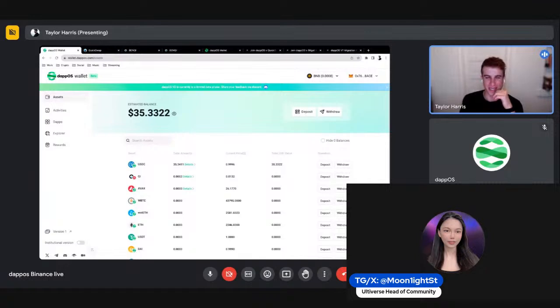I got a little mixed up with MetaMask, but as you can see, once you're able to deposit the money, get the money into your dappOS wallet, you're able to access all of those collaborations and integrations, and it makes everything 10 times easier just because of that unified account. Being able to use whatever chain you prefer, and cross over, is one of the big things too.